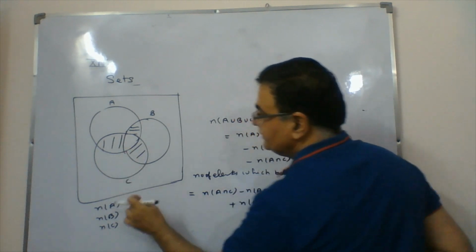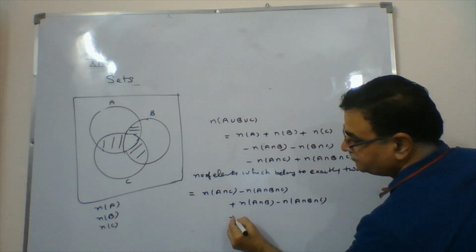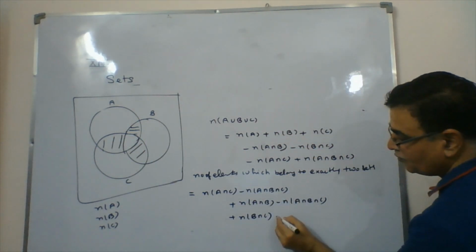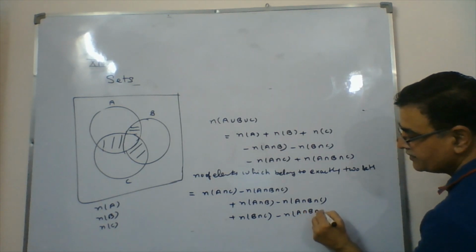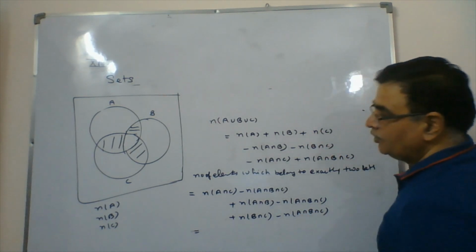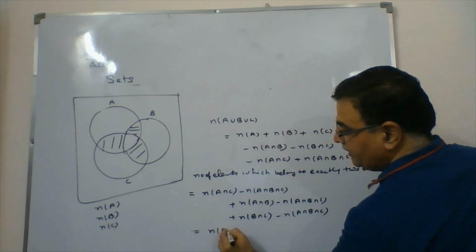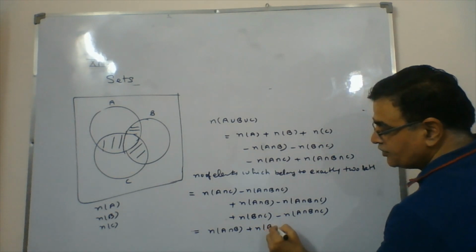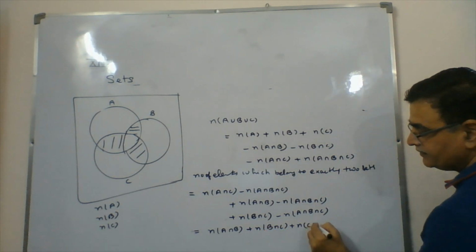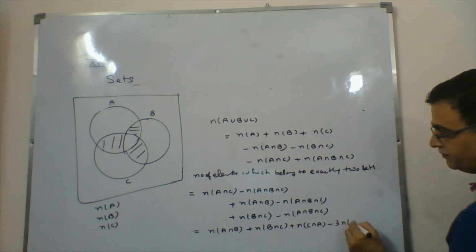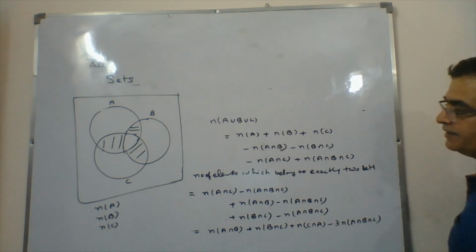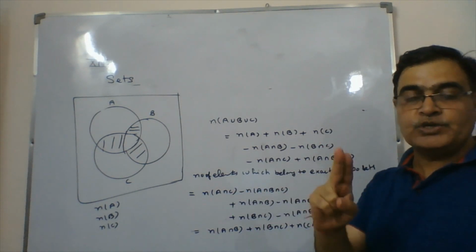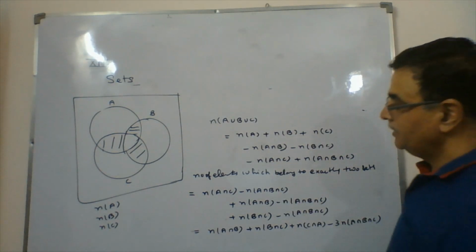Same way for this, it will be B intersection C, and from this portion again to be removed, so minus N(A intersection B intersection C). So when you solve it, this comes out to be N(A intersection B) plus N(B intersection C) plus N(C intersection A) minus 3 times N(A intersection B intersection C). This is the formula we have for exactly two sets if the element belongs. Same way they can